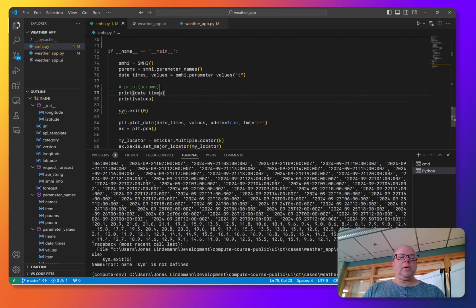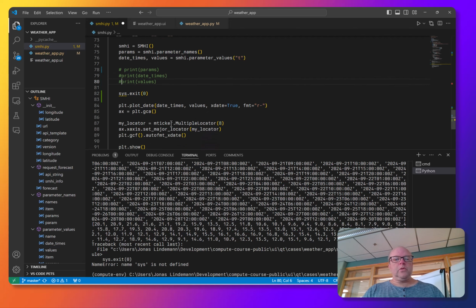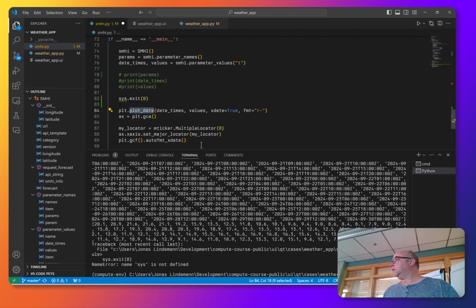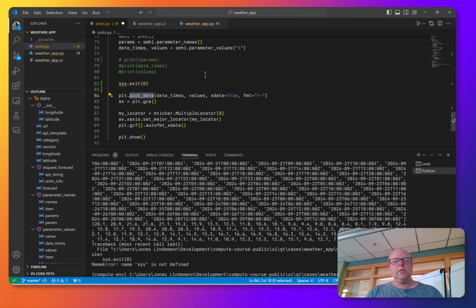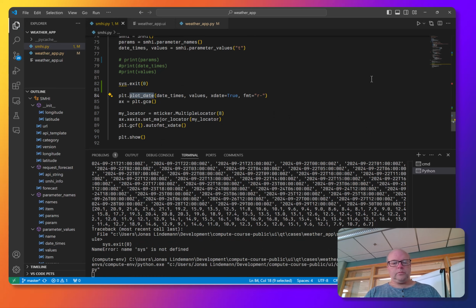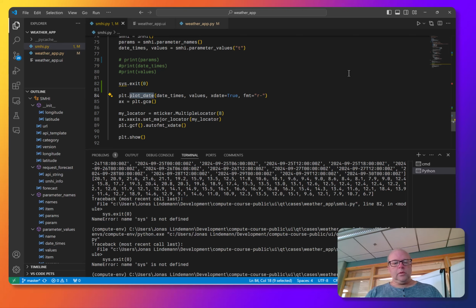The only problem here we have is that we need to handle the dates in a special way. So there is a special method called plot_date, which you can use to plot dates here. I don't go through too much about the details here, but there are some extra things you have to do here. But if you run this,